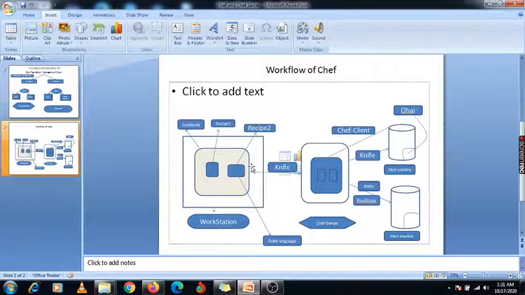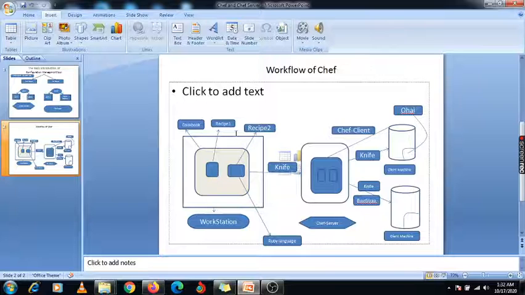So this is my workstation. In Chef technology we call it the workstation. Under the workstation we are creating one cookbook. Under that cookbook we have written some recipes, that means our code.